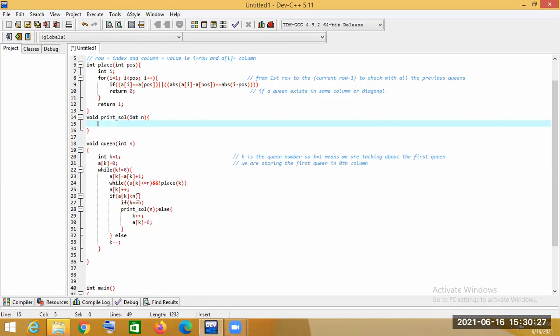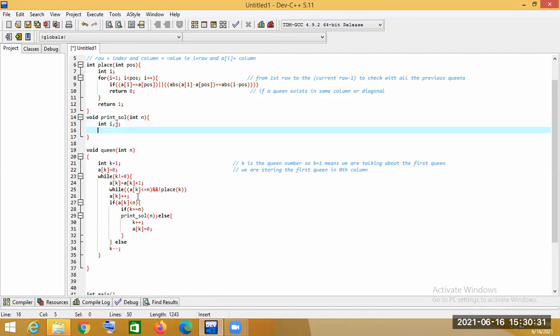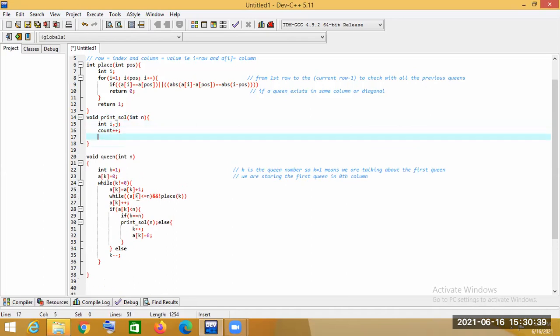We will use two variables i and j, and count plus plus, because the count will be done here, of how many solutions are present.